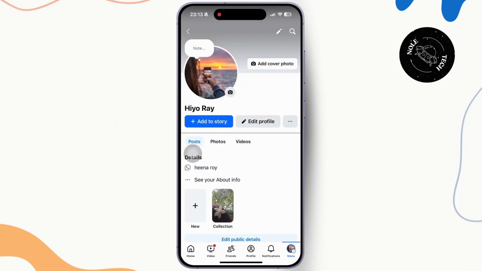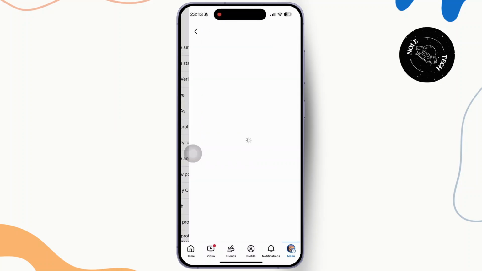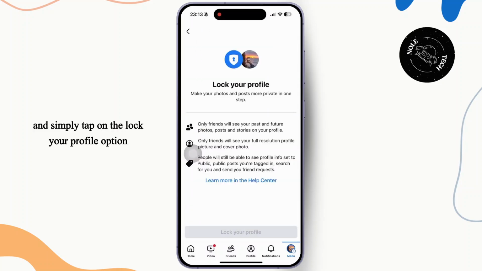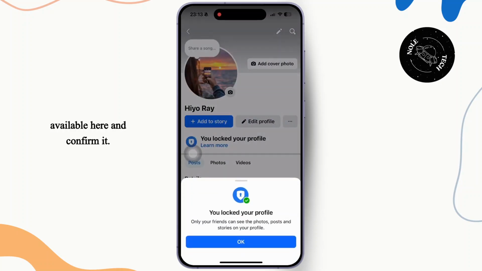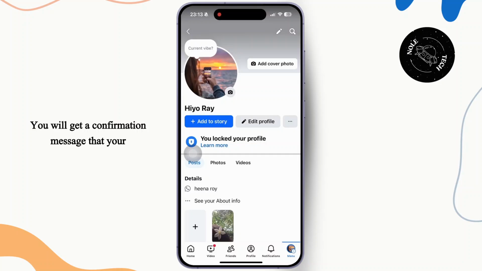the edit profile. Once you tap on it, scroll and tap on lock profile. Now, once you tap on the lock profile, all you have to do is read the details and simply tap on the lock your profile option available there and confirm it. And that is it. You will get a confirmation message that your